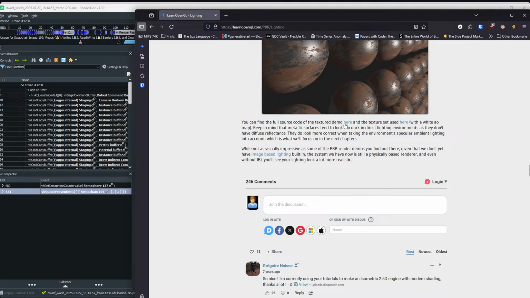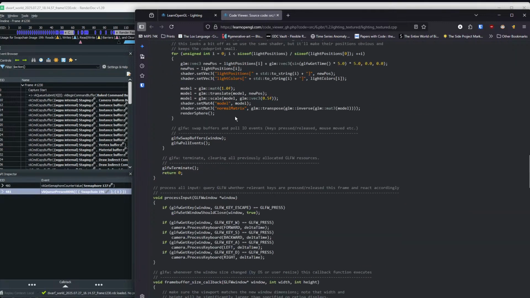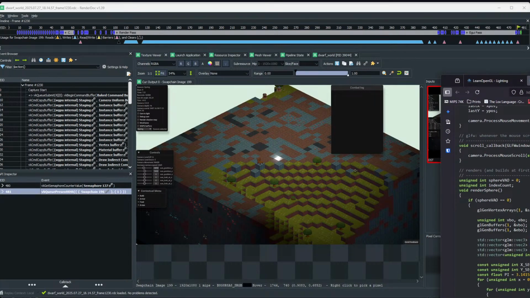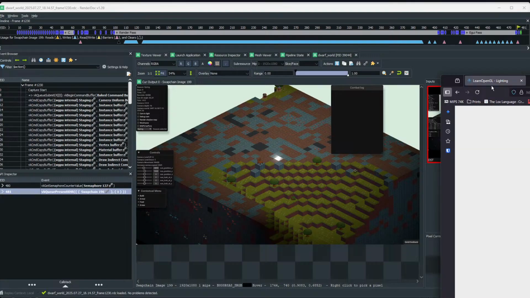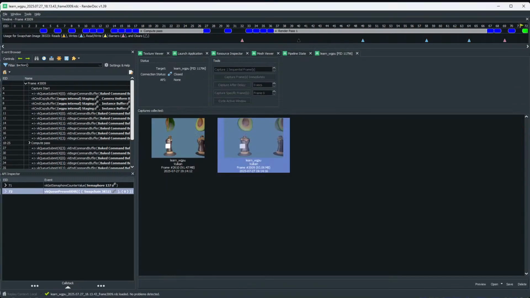You can find the full source code of the texture demo and the texture set used here, right? So it has the whole source code and everything, right? That's good and useful, right? But okay,